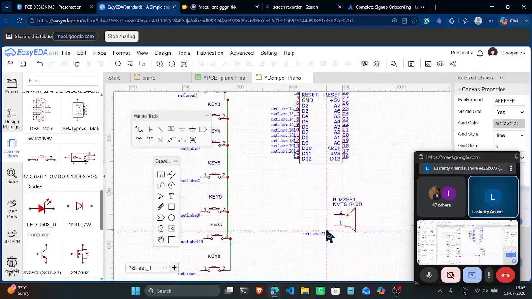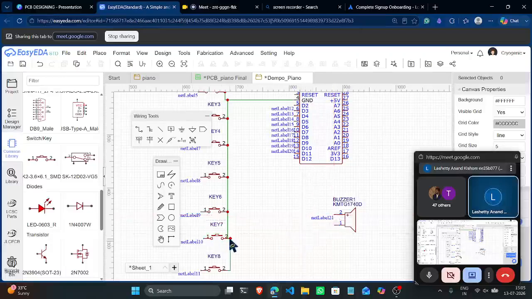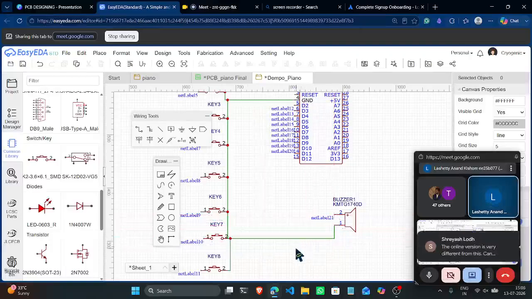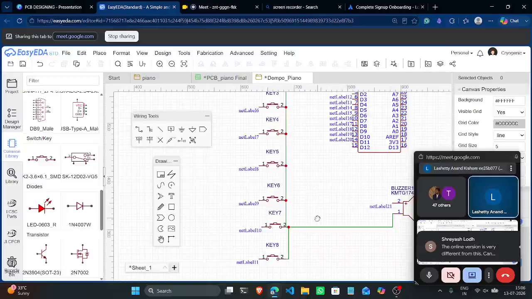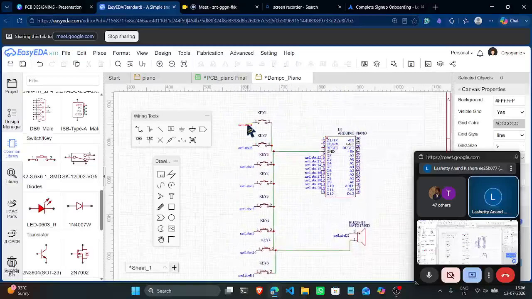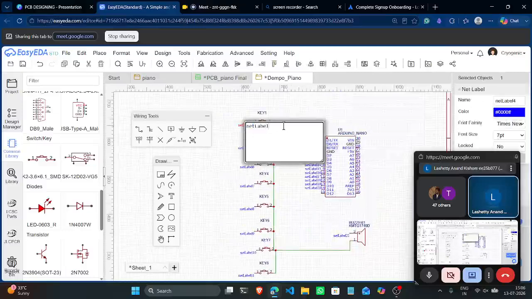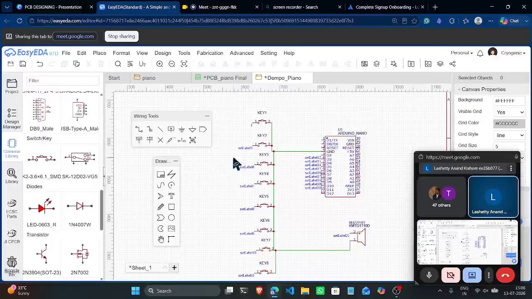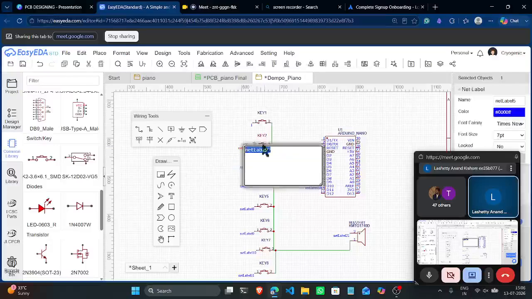Three are okay, and one more here. We also connect one ground here. Okay, and now I'll change the names. I'll delete this one and just double click and change it to 1, 2,